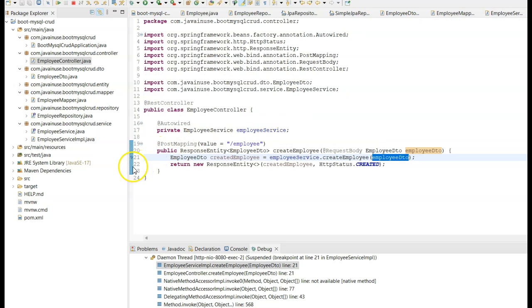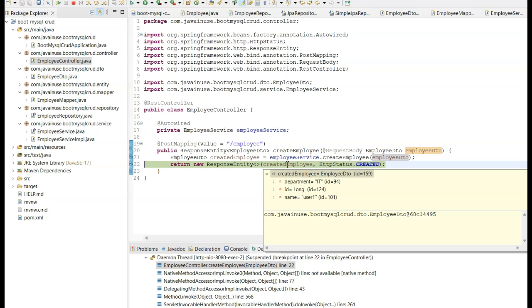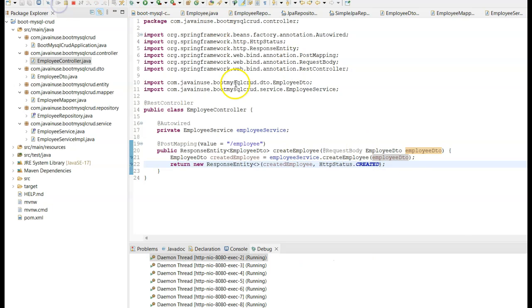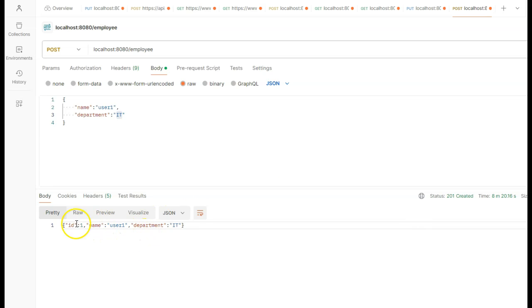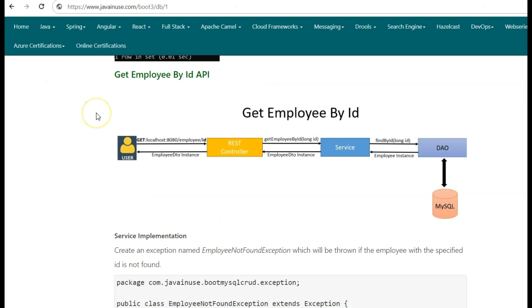So in the controller, I'll add one more debug point here. Here we get the created employee instance, which is the employee DTO object, and this is returned back to the user. So if we go back to Postman, the information about the employee object persisted in the MySQL database is returned back to the user. Now that we have successfully implemented and tested the create employee API,